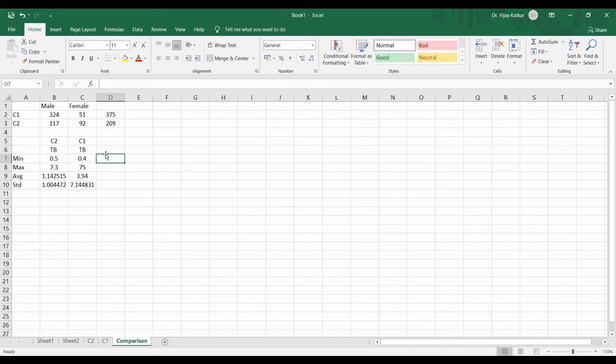Likewise here for class C1 and class C2, the total bilirubin minimum values are similar, but the maximum values are different. The average is different, and the standard deviation will also change. It means this attribute is good. So you should be able to conclude these things also.